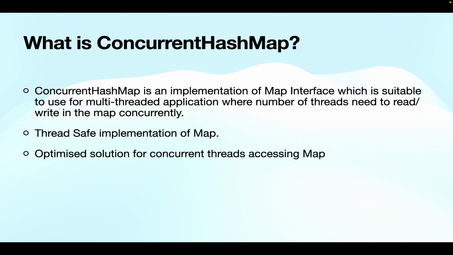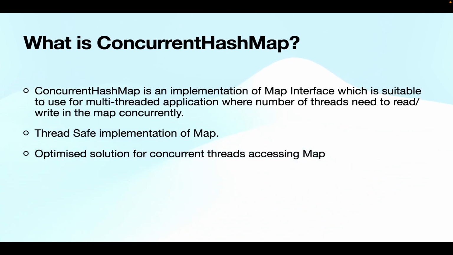Now what is concurrent hash map? Let's read this definition first. Concurrent hash map is an implementation of the map interface. So we know that, right? We have a java.util.Map, and that map interface has multiple implementations. So concurrent hash map is one of the implementations of that map interface. And it is useful in multi-threaded applications, where we have concurrent threads which are going to